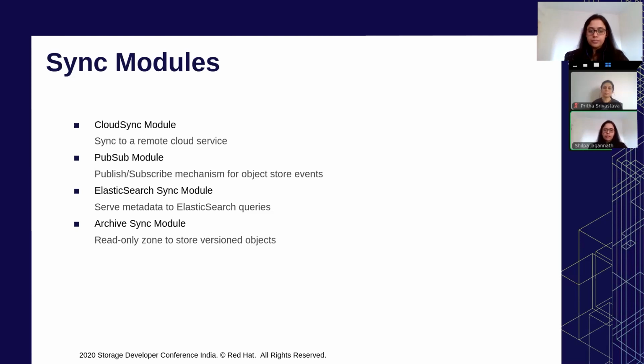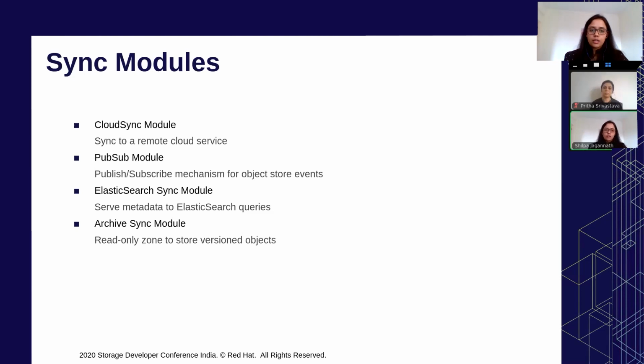Things that need to be configured on Rados gateway would be the connection details for the remote object storage and access path in the form of a URL, a profile that defines ACL mappings, and which source bucket. So with this, a unidirectional sync to a remote object store is achieved.